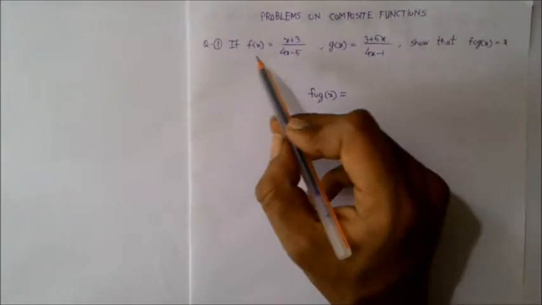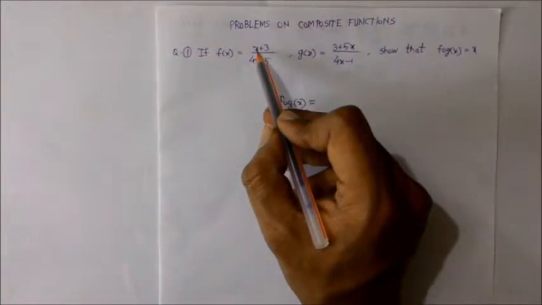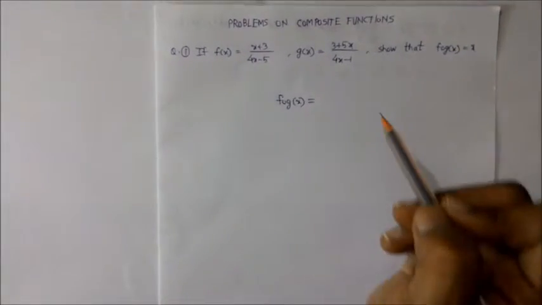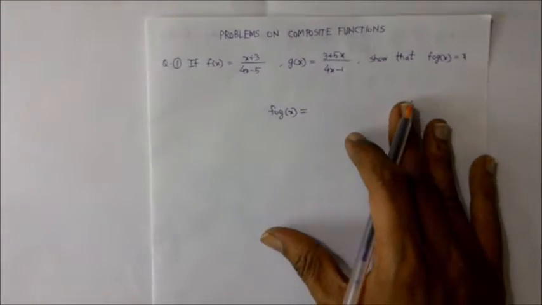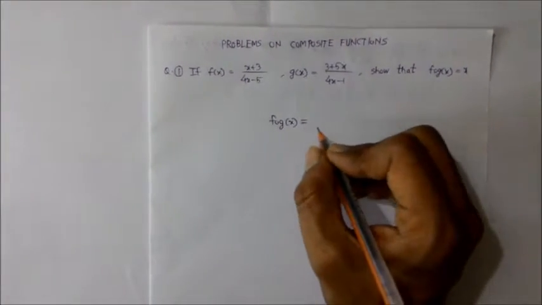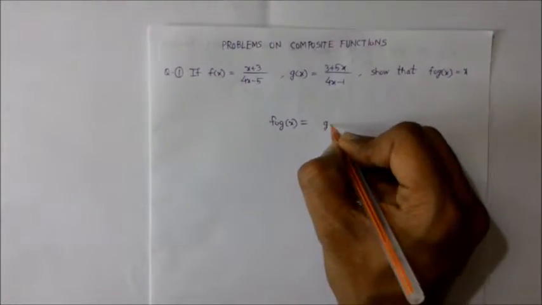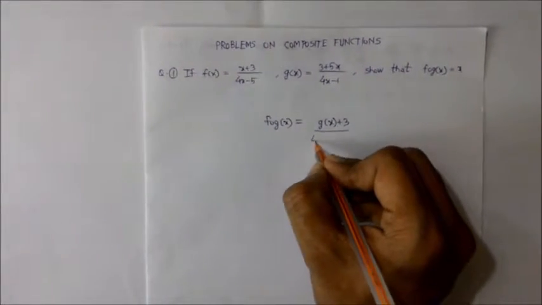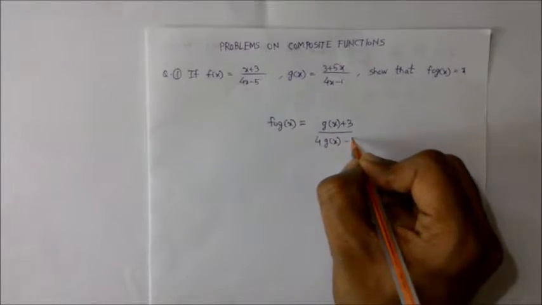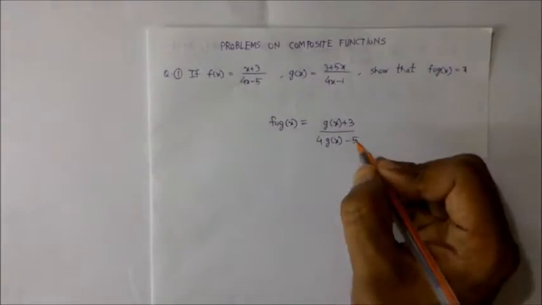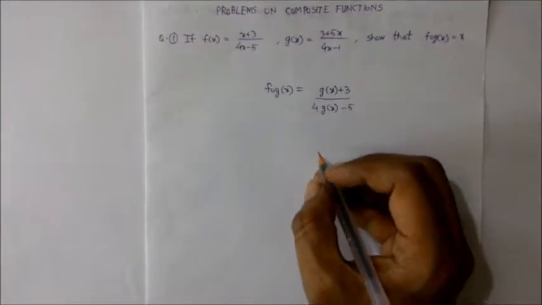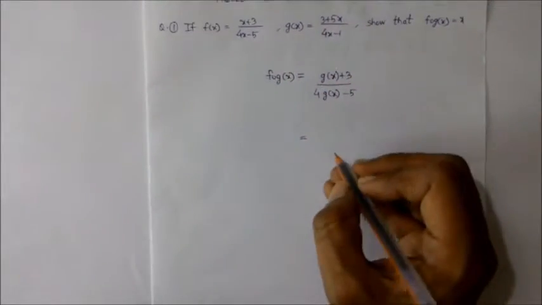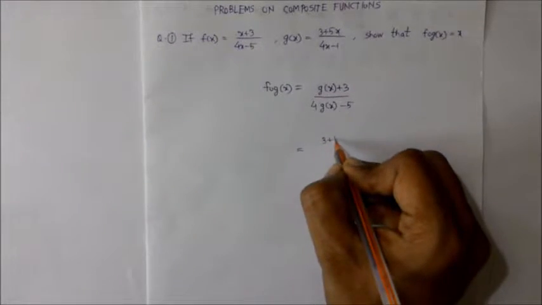This means in the definition of f of x, wherever we have x, we will replace that x with g of x. This is by definition of composite functions. So f of g of x will be (g of x plus 3) upon (4 into g of x minus 5). So on putting the definition of g of x, which is (3 plus 5x) upon (4x minus 1)